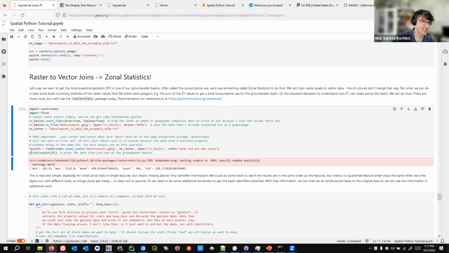But then I'm printing just the first result from this, because what raster stats does is it gives me a list of these dictionaries with stats. With the statistics I requested: the minimum, the maximum, the mean, the count, and the standard deviation. So this is the result for a single groundwater basin. The minimum value of the cells that fall within it, the maximum value of the cells that fall within it, the mean, standard deviation, and that 304 raster cells fell within my polygon. The problem is,